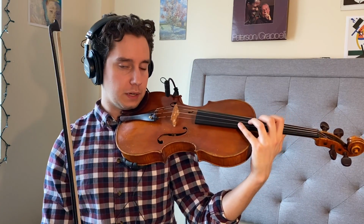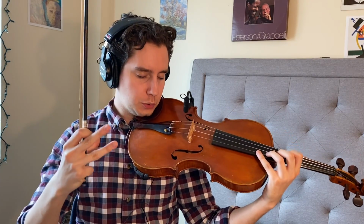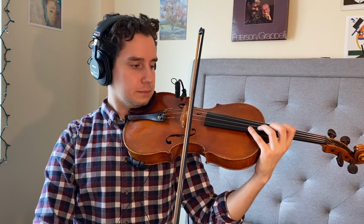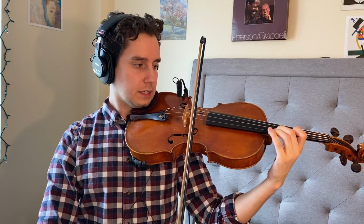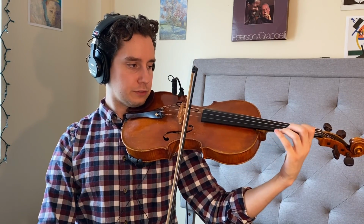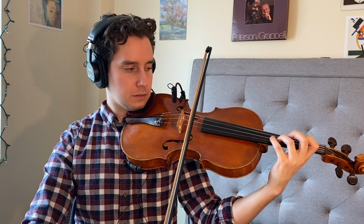When you do that harmonic A, lift your other fingers up a tiny bit so that you can let that harmonic ring. You don't have to do harmonic, but it is a good way to make sure it's in tune. Going back down, G sharp, F sharp, E, D, shift back down to first position, C sharp, B, fourth finger A,